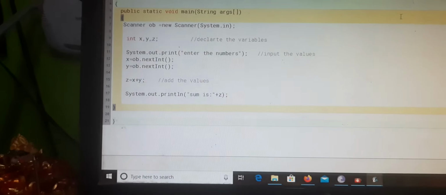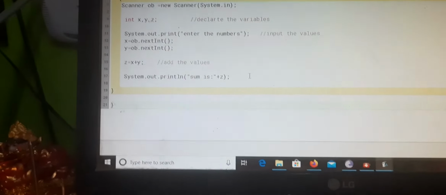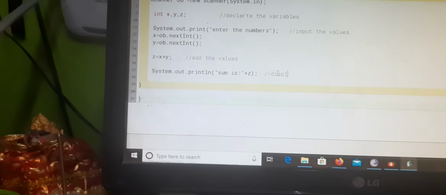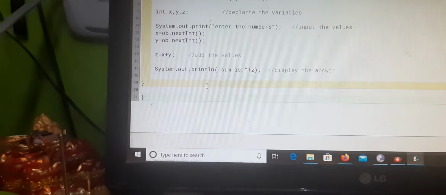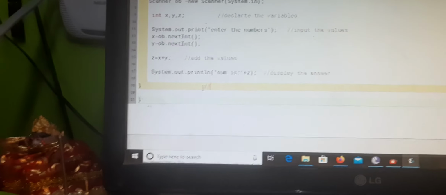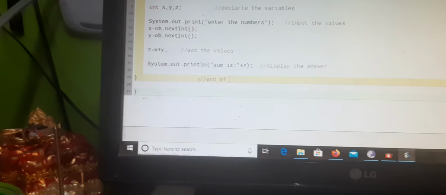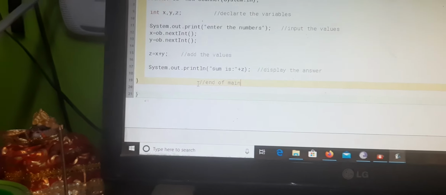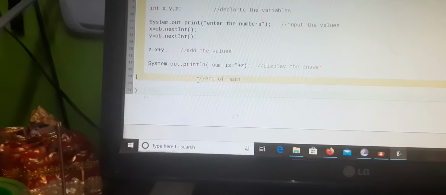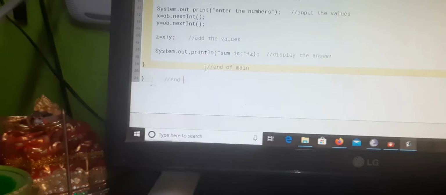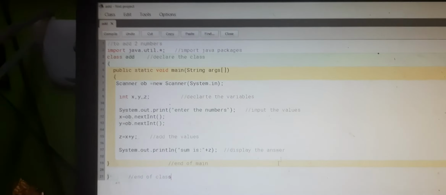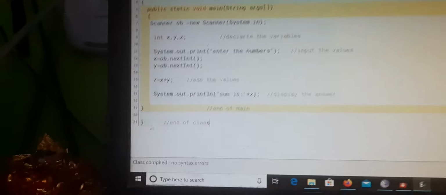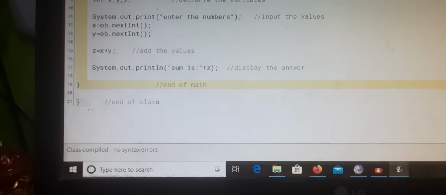Here we write a comment, display the answer, and here write end of main, as well as end of class here also. After writing, as we know, we come to the compile button. On compiling, you find no syntax errors, class compiled.